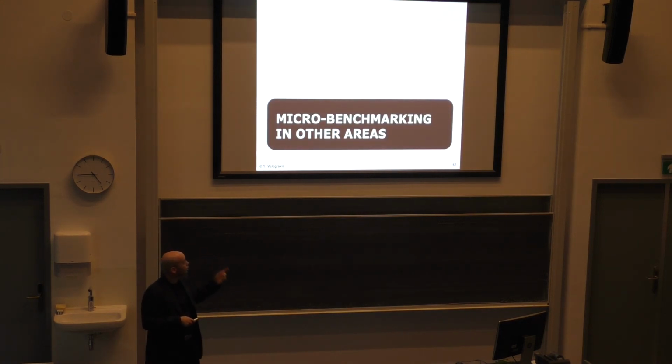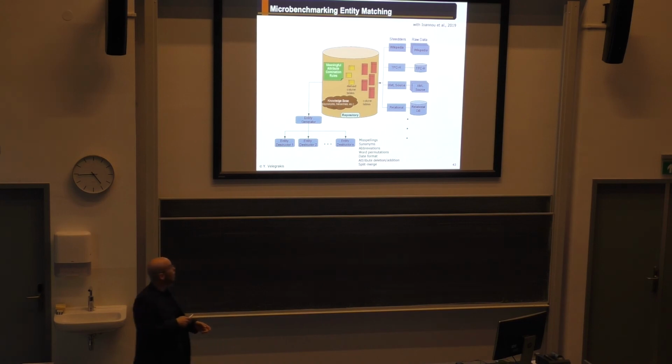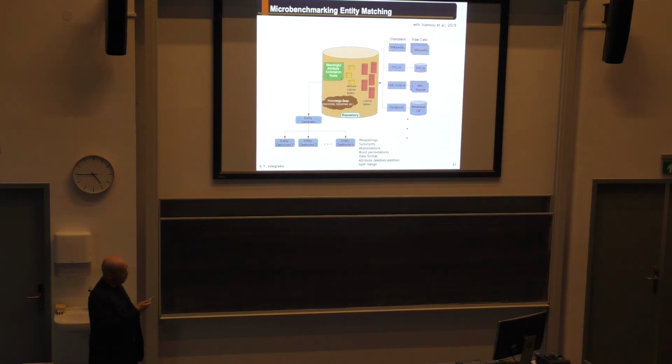For instance, in entity matching, where you are looking not at the schema but at the instances, trying to find out whether structures that are different represent the same real world entity. The primitive transformations are basically noise, misspellings, synonyms, abbreviations, etc., that you can inject into the system, and then test whether the system can identify